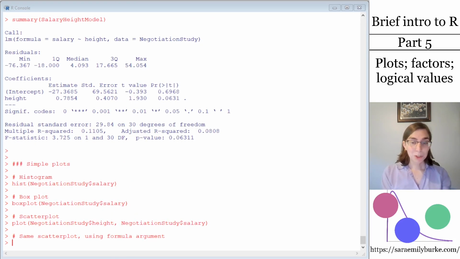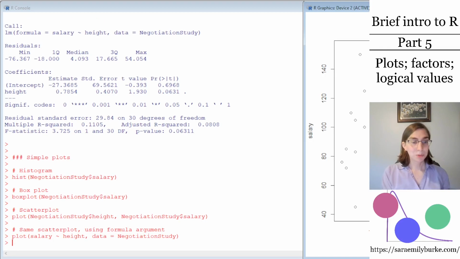We can get the same scatter plot in a different way, this time using a formula as the first argument. At first, this might seem more cumbersome, but I think most of the time this is actually a more convenient way to use the plot function to get a scatter plot. So the first argument in this case is salary tilde height, a formula just like we used in the lm function. And we've supplied an additional data argument to tell R where to get those two variables, the negotiation study